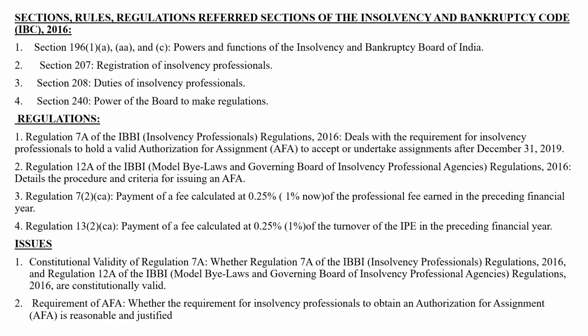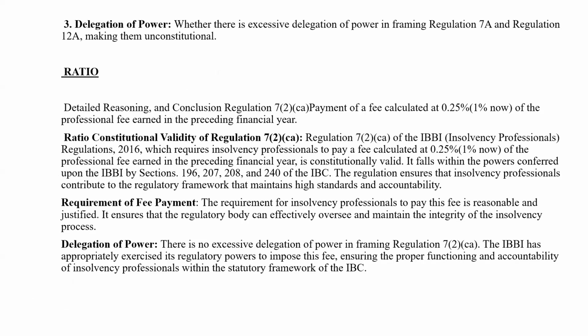So regulation 7 it deals with the requirement of insolvency professionals to hold a valid AFA. Regulation 12 details and procedure and criteria for issuing an AFA. Regulation 7(2)(ca) payment of fees calculated at 0.25%. 1% is now, है ना? And then regulation 13(2)(ca) payment of fees calculated at 0.25%, which is 1% now, of the turnover of the IP in the preceding financial year. So बेसिकली क्या है, वो तो पॉइंट लिए वो पहले भी लिए थे AFA वाला, यहाँ फीस को भी इंक्लूड कर लिया कि भाई फीस क्यों ले रहे हो बोर्ड से, टर्नओवर के बेसिस पर फीस क्यों ले रहे हो आप। ये बोर्ड को चैलेंज किया इसने, ठीक है, ये मेन पॉइंट था।